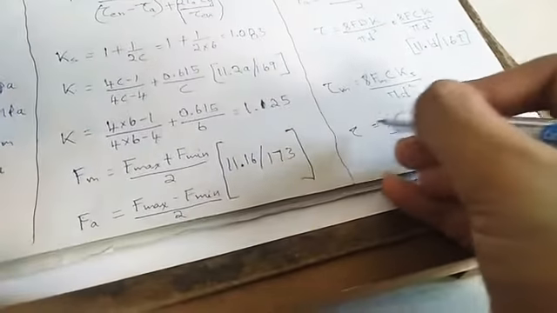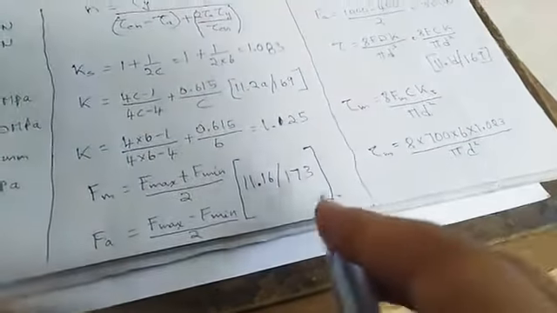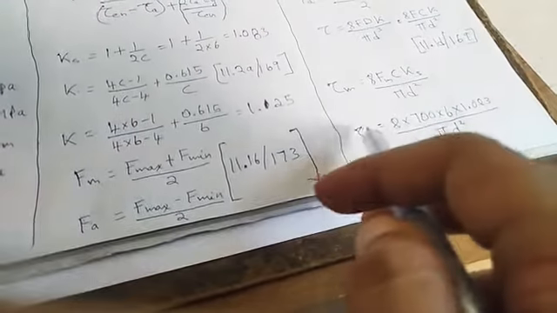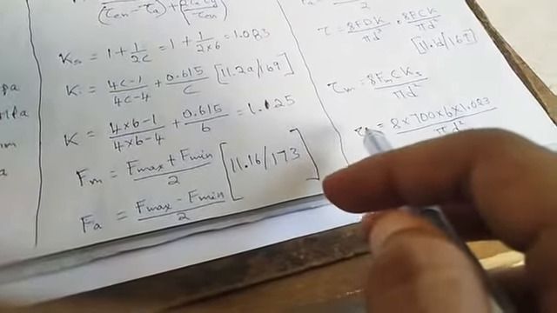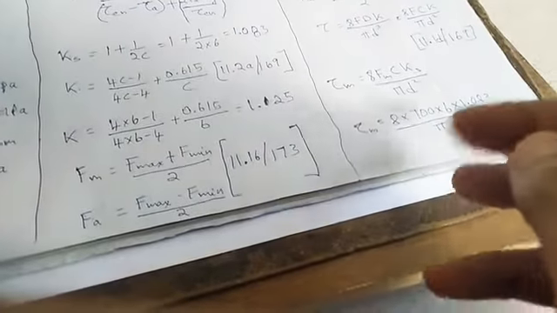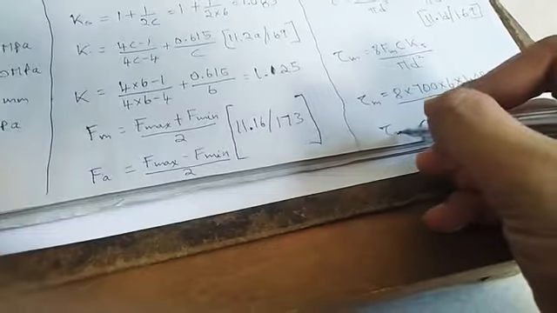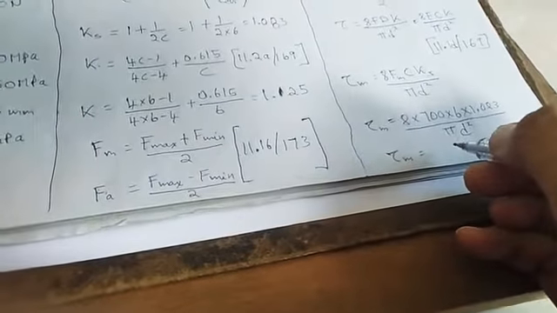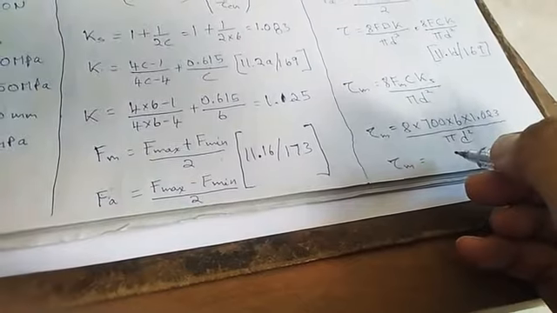In this equation we have tau m and d square, both are unknowns here. So we'll write the equation in terms of d square. So tau m is equal to, we'll get 11583